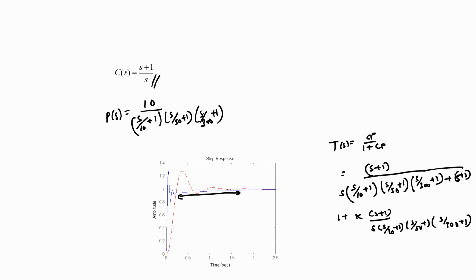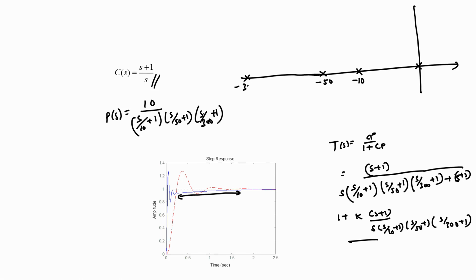So, if one were to plot the root locus for this particular denominator transfer function, then one would notice that we have a pole at the origin at s equal to 0, and then we have poles at s equal to minus 10, minus 50, and a very far away pole at s equal to minus 300, and then we have a 0 also at s equal to minus 1. Now, as far as the root locus is concerned, we would have a branch of the root locus starting from this pole, the integrator, and ending in the 0. So, this is one branch.